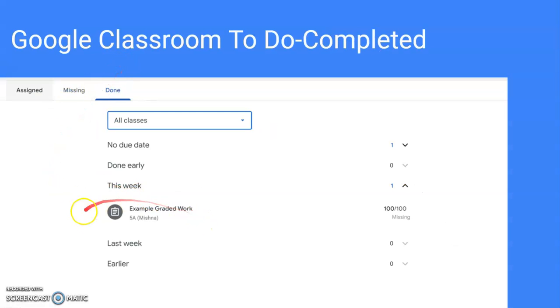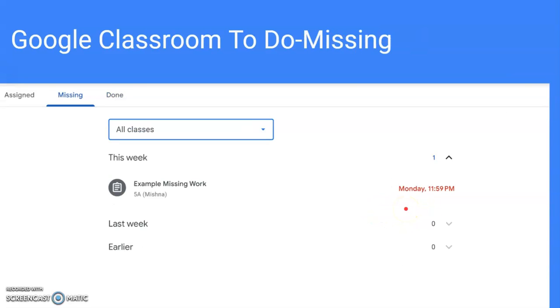Right? This particular example work was graded classwork. They did it in class. It was on a paper. That student might have finished it early. They might have had to finish it for homework, whatever the situation was, but I know it has a grade. It might say missing in the sense that the teacher did not receive an online submission and there was paper, but the fact that it has a grade tells me it's not really missing, which is why it didn't flag